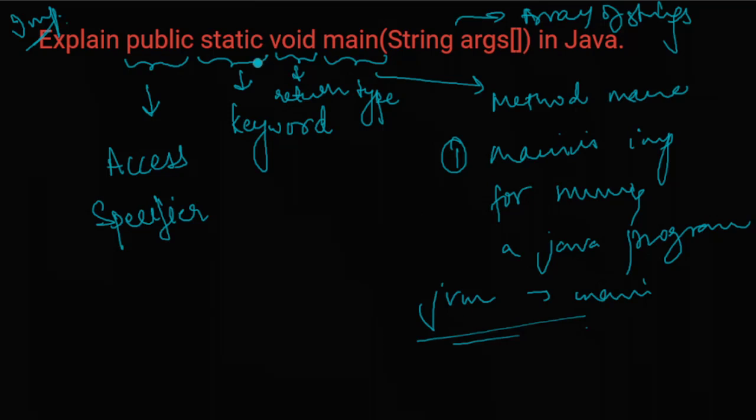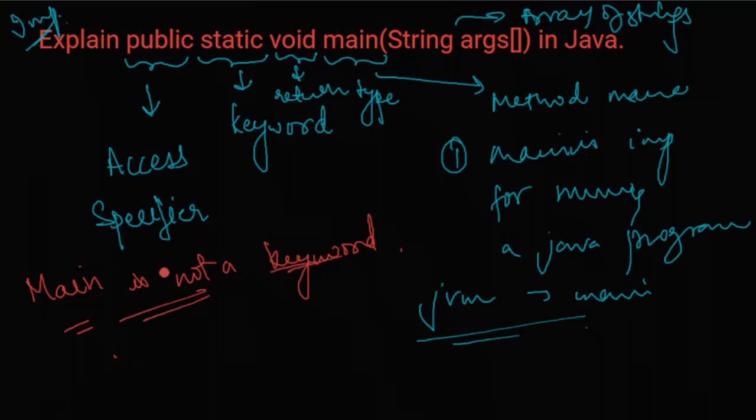Main is the name. It's not a keyword. Yeah, this is important. Main is not a keyword. This could be a question to test your knowledge. It's just the name. And then we have the string args. String args is actually for command line arguments that you take. An array of strings is taken, but it's not always fixed. A user can use as many names in place of this. We often have some dotted points too, so that specifies any number of inputs could happen.